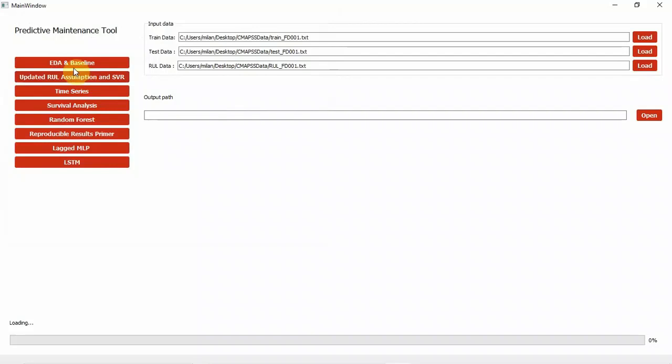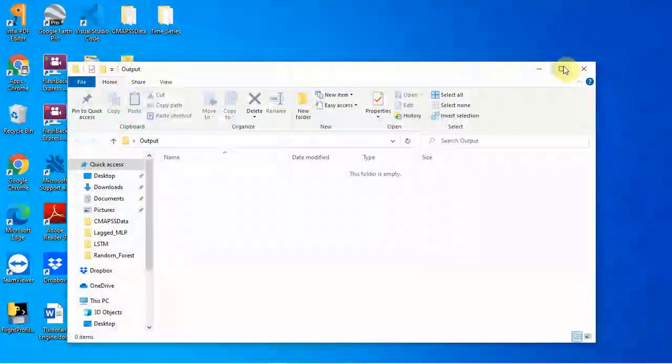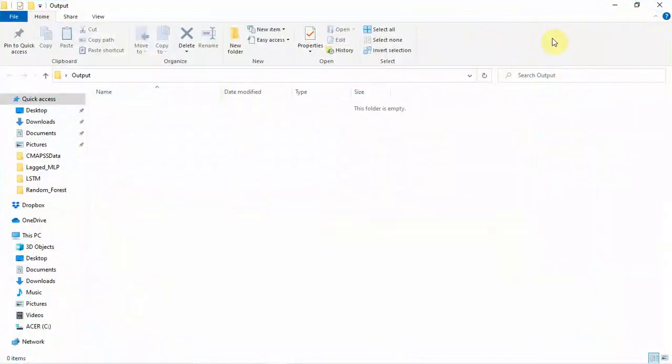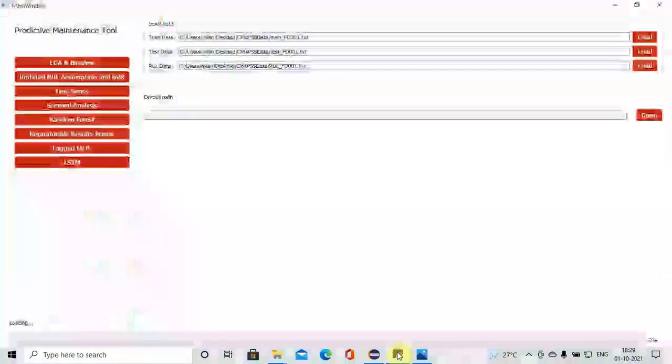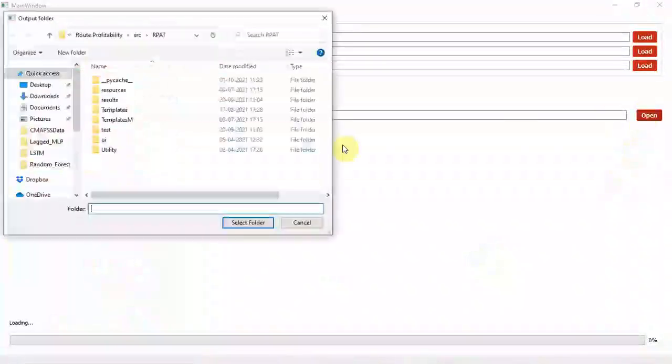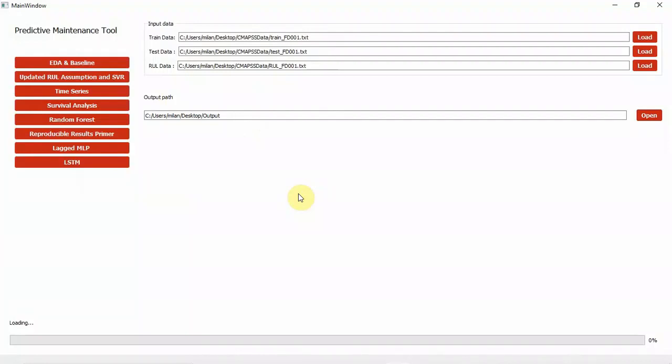We are going to try exploratory data analysis and baseline. This is a regression model, and the output path we'll have to give. I have just created an output folder which is blank, and once the processing is done, the data for this particular baseline model will be stored here. So we just open this and direct the output folder. So here the data will be there, and these are the 8 modules